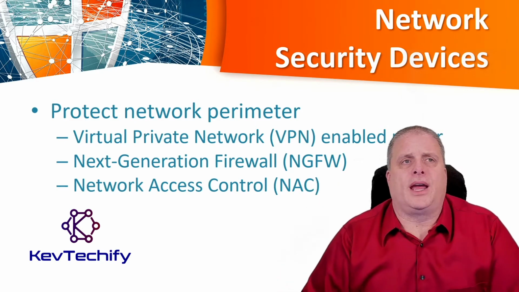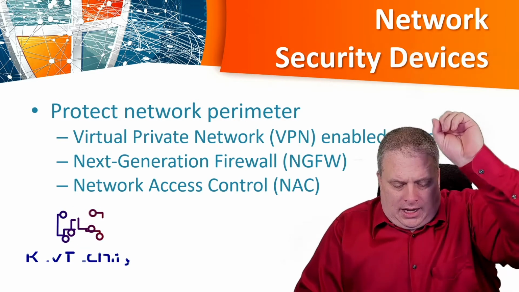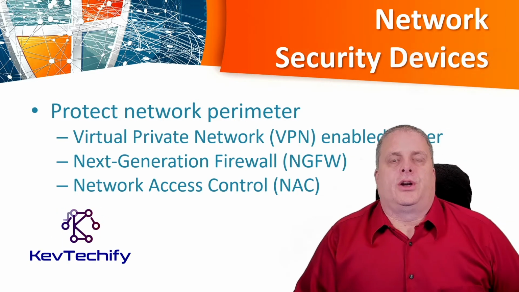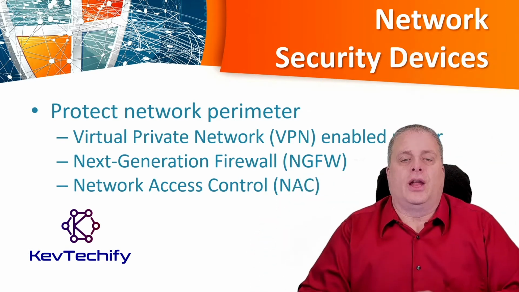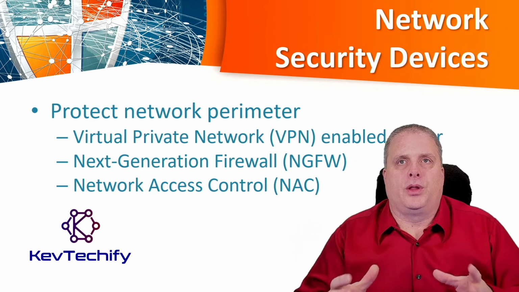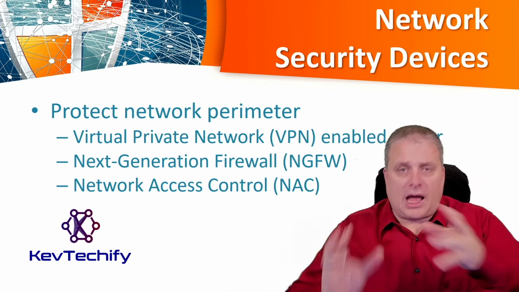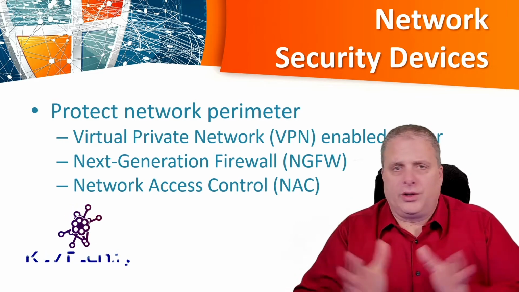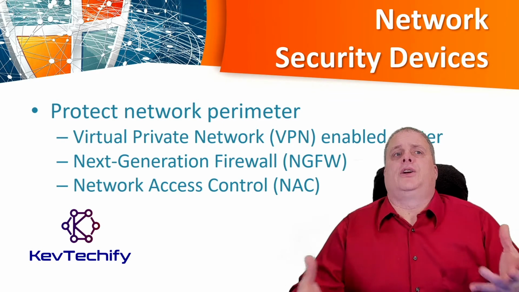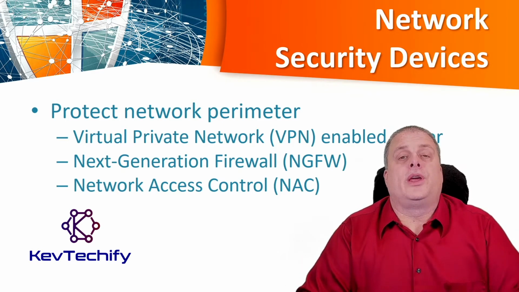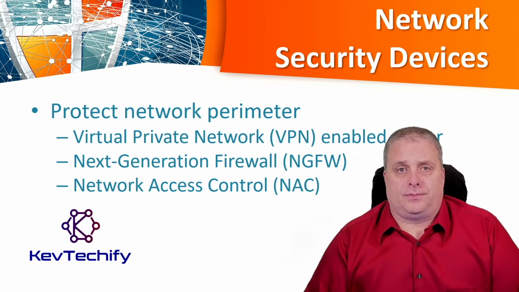Finally, we have some network access control. We're going to control access to our network. We have to set certain standards for devices to get into it. Normally what we use here is AAA: authentication, authorization, and accounting. We allow certain people on, make sure they're only getting the resources they need, and then track it. Now, in larger enterprises, we can even apply policies that when you connect into my network the first time,